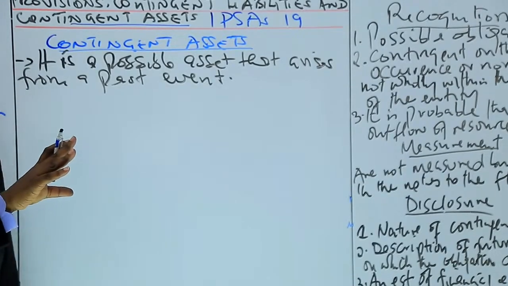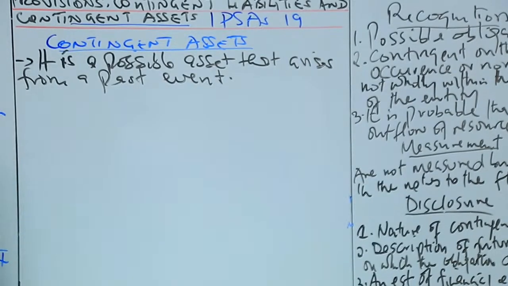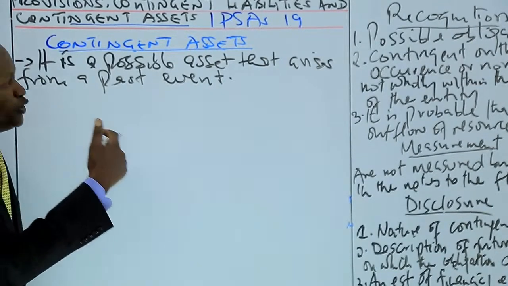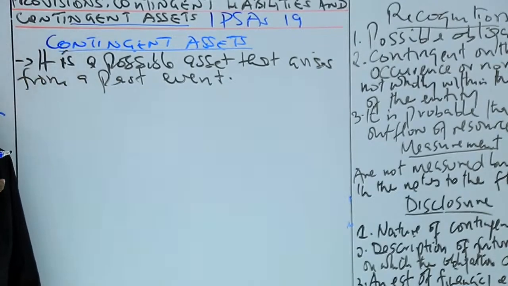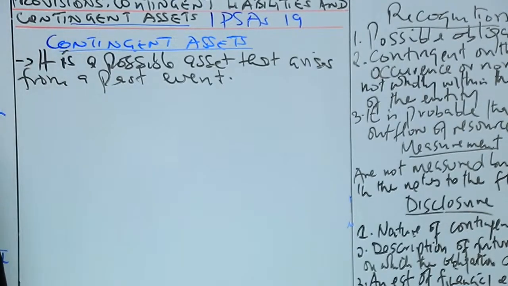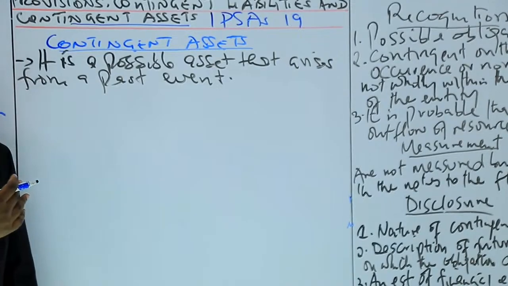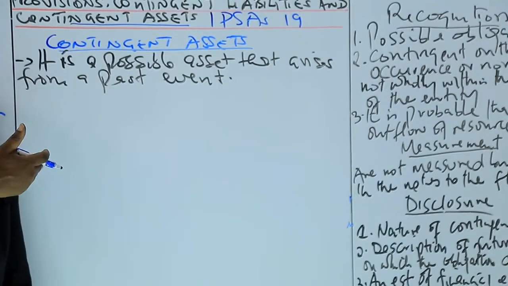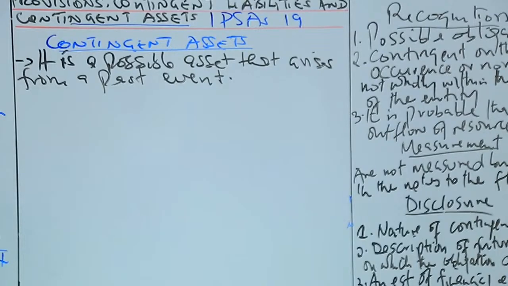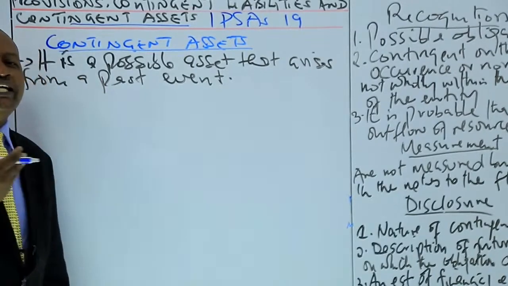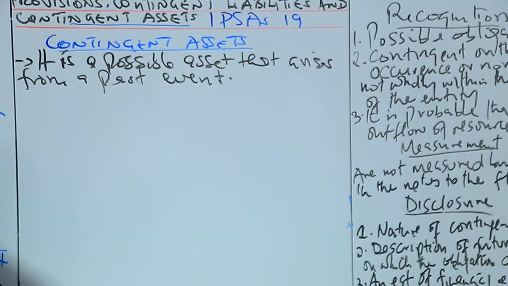It is a possible asset that arises from a past event and whose existence will be confirmed only by the occurrence or non-occurrence of what